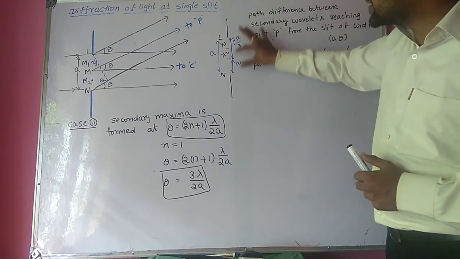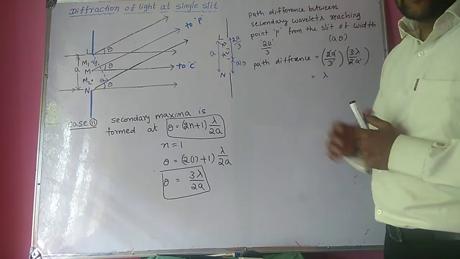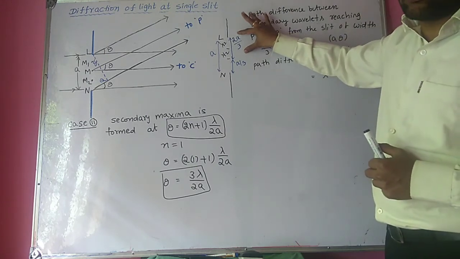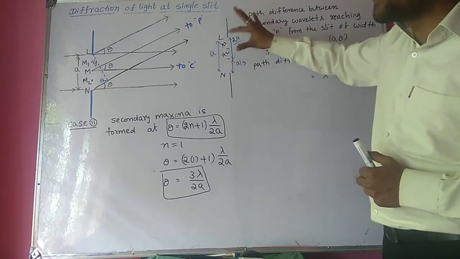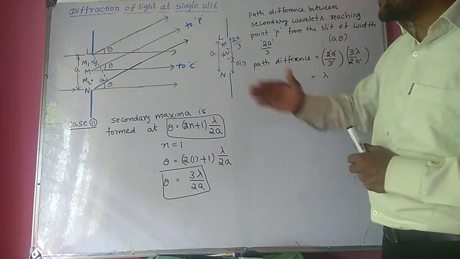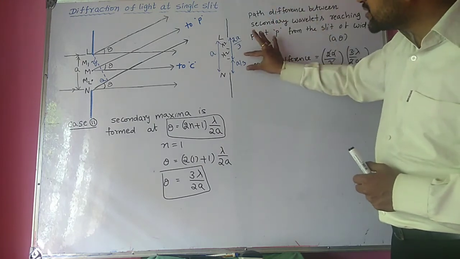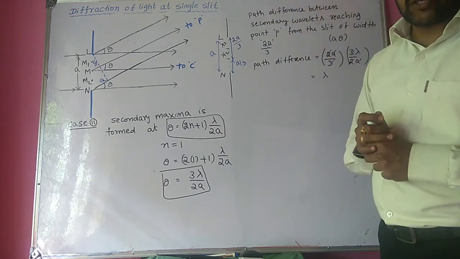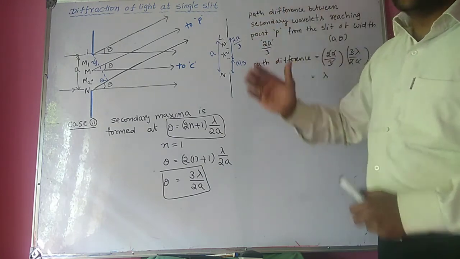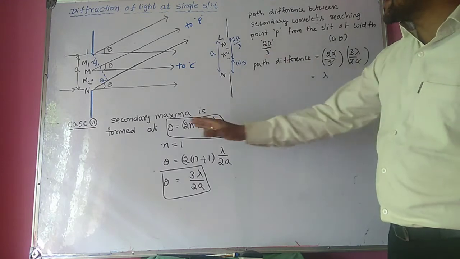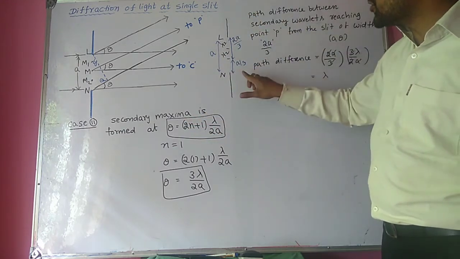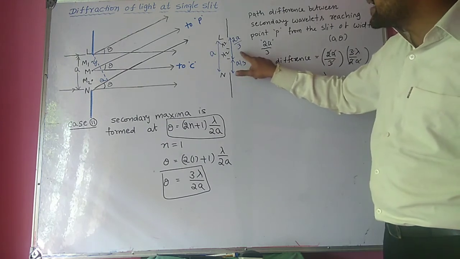That means if you divide the slit into 3 parts, the intensity at point P due to these 2 parts is 0 because they cancel each other, because the phase difference is pi. Now the intensity at point P results due to this a by 3 part only. So that's why the point P is brighter. That is secondary maxima, because the intensity at point P is produced due to the slit of a by 3 width